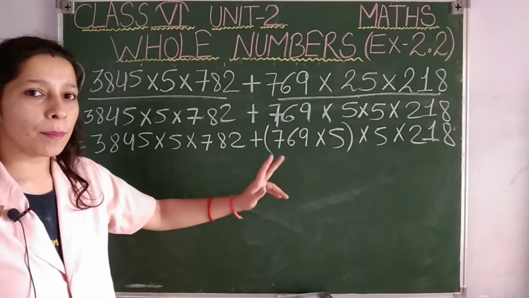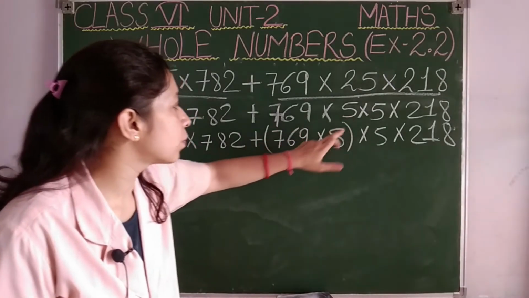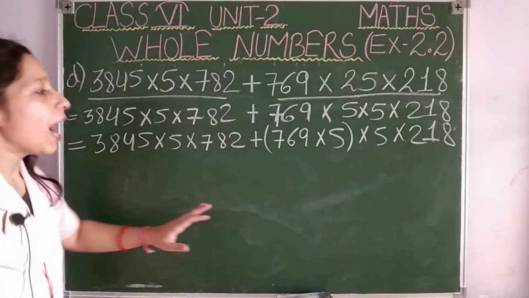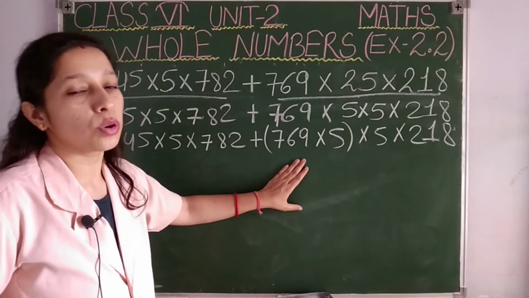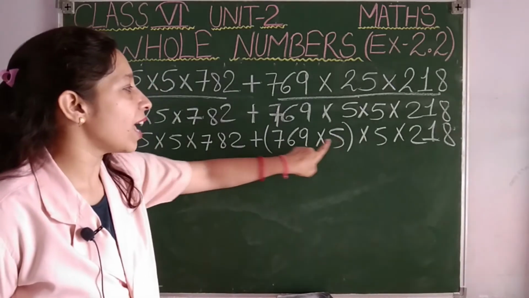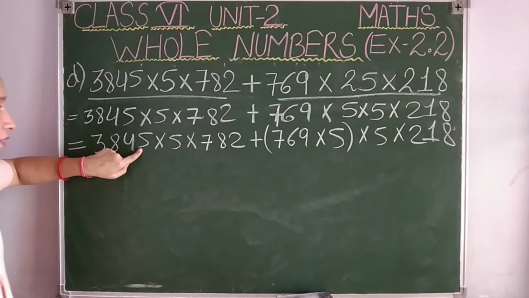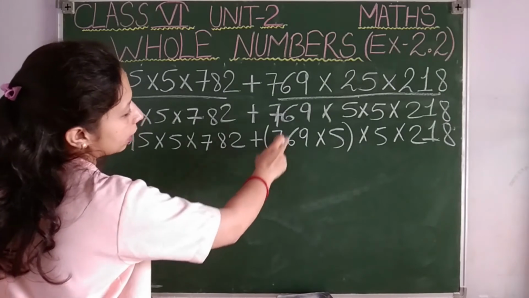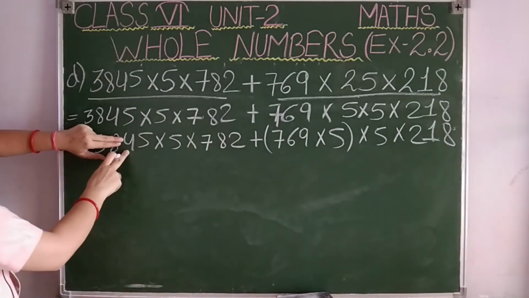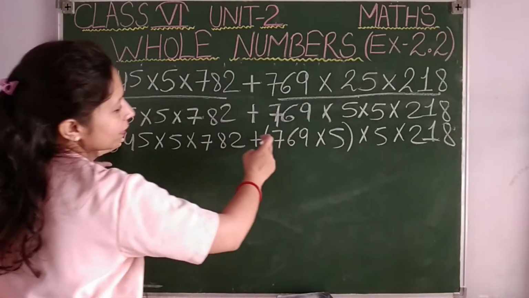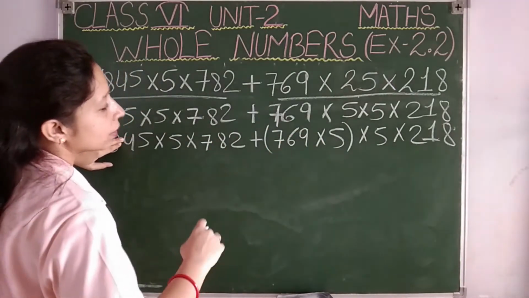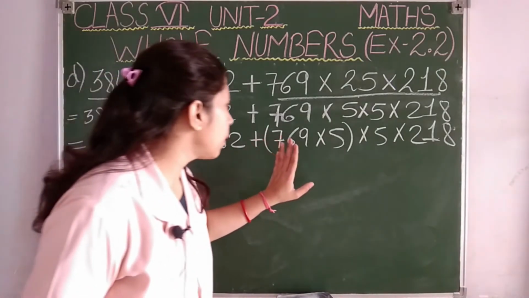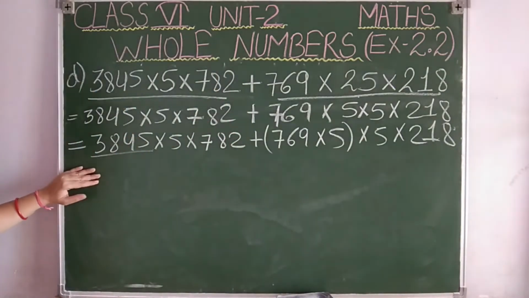So same thing I have written, but what I have done here, I have taken this 5 with 769 and I have formed the group. Means I have used associativity property now. I will be multiplying these two numbers first. Do you want to know the reason? Let us check, students. 5 9s are 45, na? Okay, 5 here, 4 carried over. Then 5 6s are 30. 30 plus 4, 34. Again 3 carried over, 4 I have written here. 5 7s are 35, 35 plus 3, 36, 37, 38. See, we got this number 3845. Means when I am multiplying 769 with 5, I will be getting 3845.